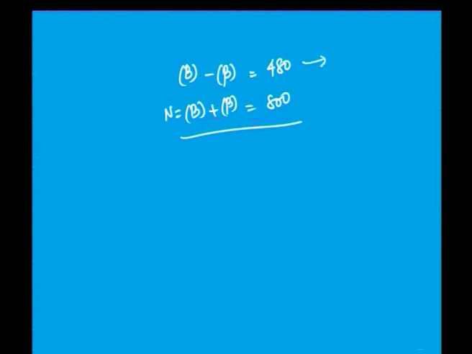Solving equations 3 and 4, we get 2B is equal to 1280. So B is equal to 640 and similarly, solving, beta is equal to 160. Having found out A, alpha, B and beta values, we will find out one more value which is required for the calculation and for the preparation of the 2 cross 2 table.